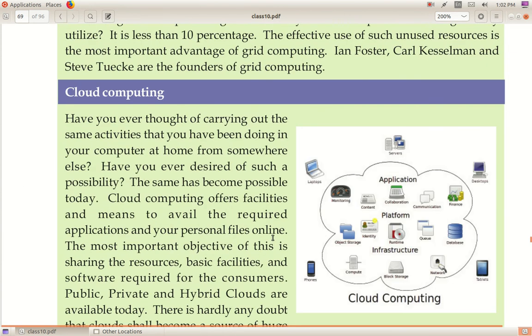Then coming to cloud computing. What is cloud computing? For example, you don't have a software. What all software have you learned? OpenOffice. OpenOffice is a free software you can download. Some payable softwares are there. For example, you are doing an animation and you have to pay for that software and you don't have the money. What will you do? You can use it from the internet.